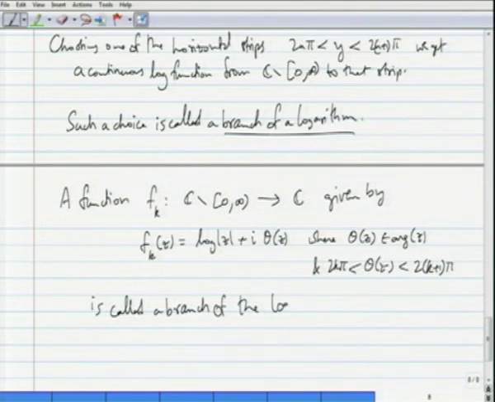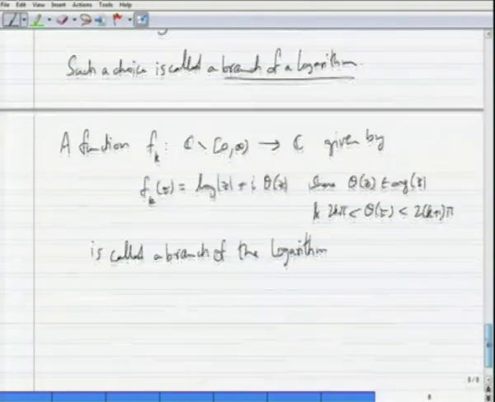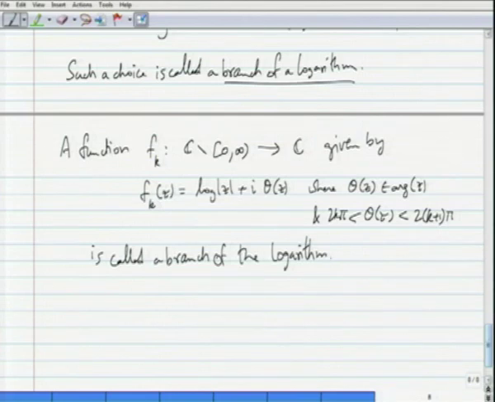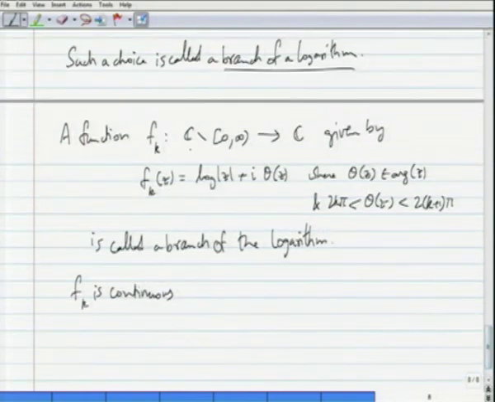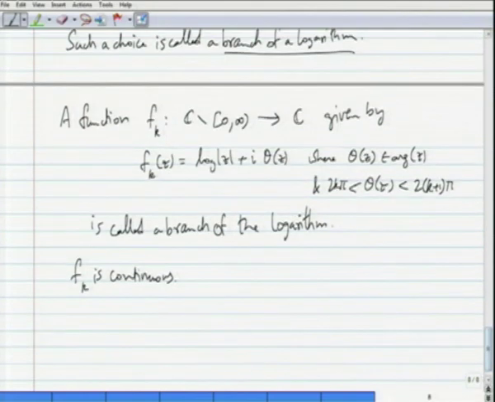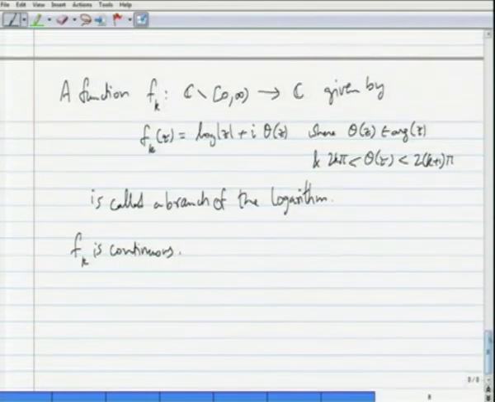The logarithm. Okay, so read that as a branch of the logarithm multifunction. What we will show is that f_k is continuous, because the real and imaginary parts of f_k are continuous functions on their domain. Now we will use this to show